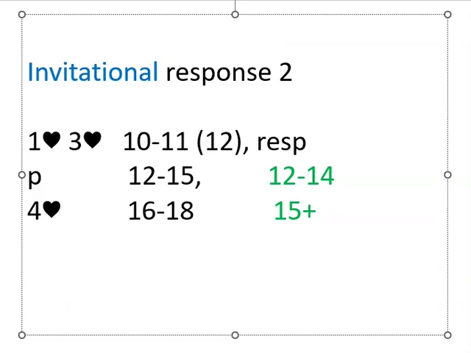Now let's talk about the second invitational response, where responder jump raises to 3 hearts or 3 spades, as shown here. Opener knows responder has a 10 to 11 or a bad 12 point hand. It would be easy to say pass with a minimum 12 to 15 hand and bid game with a medium 16 to 18 hand, but that